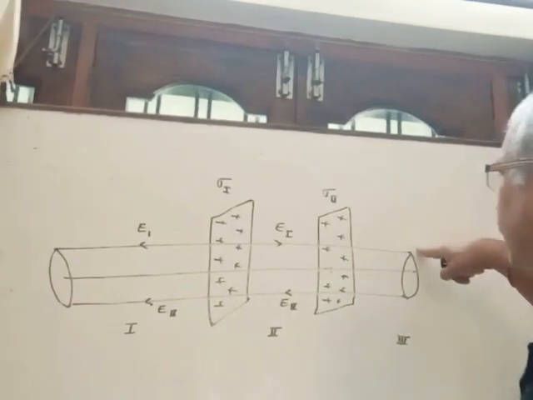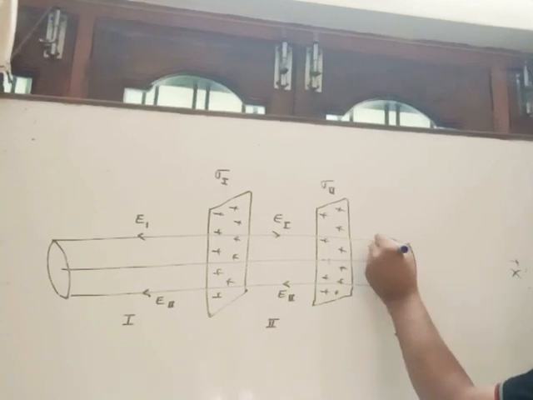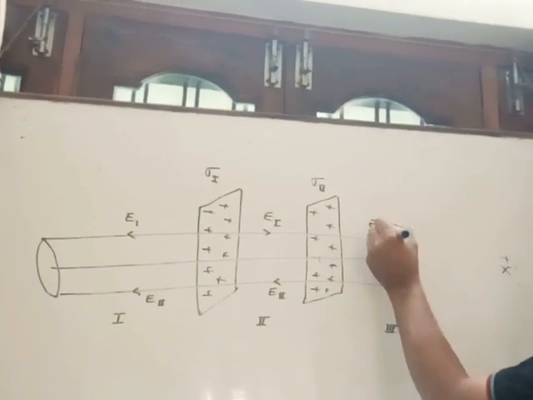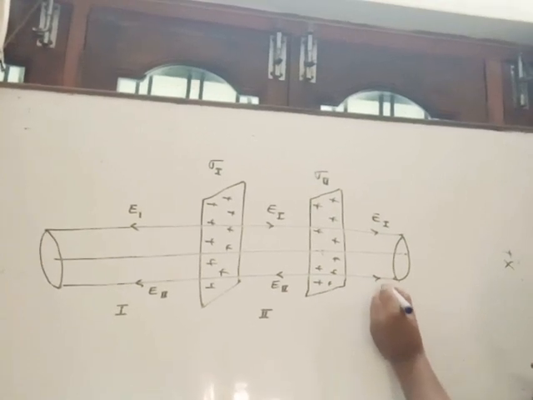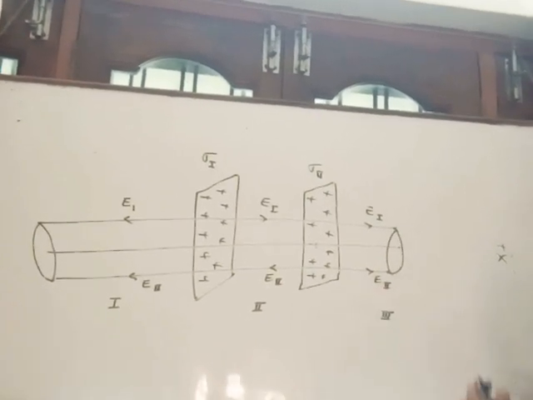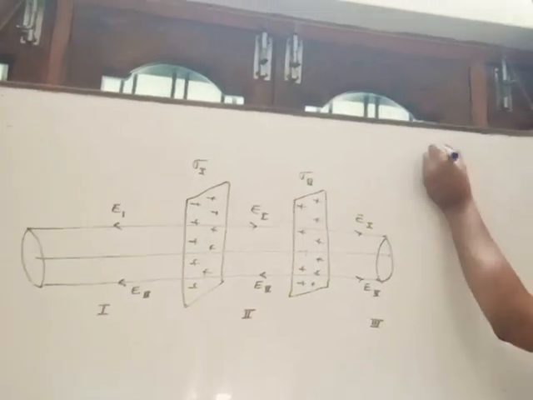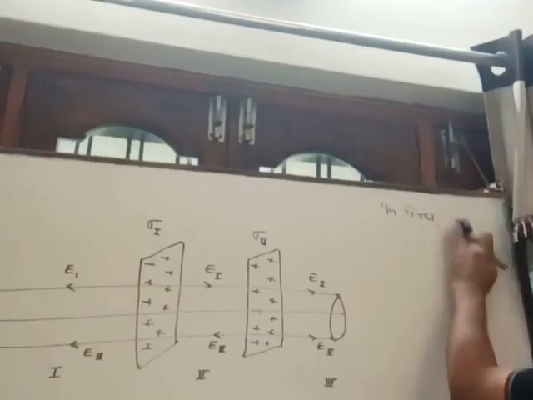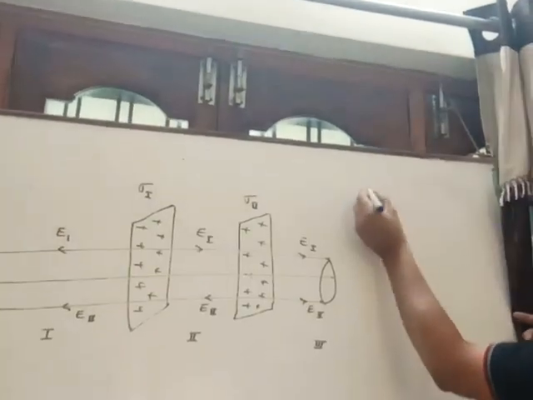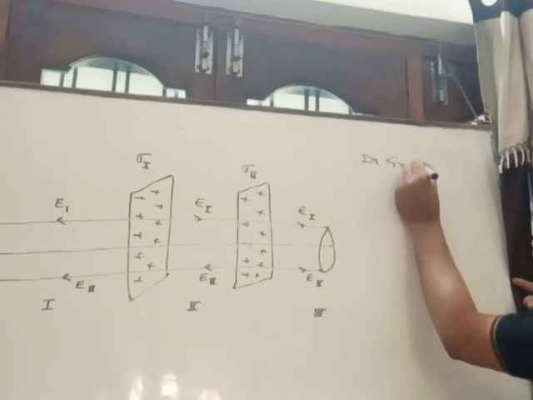The third region lies right of the second as well as right of the first. So this is the direction of the electric field produced by the first, and this is the direction of the electric field produced by the second. Clear? So see, in the first region,